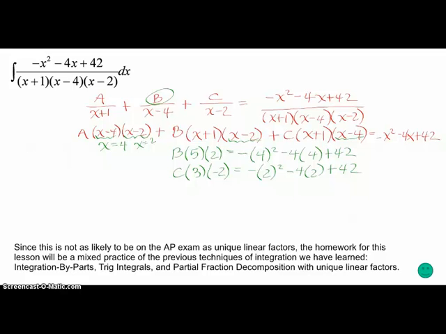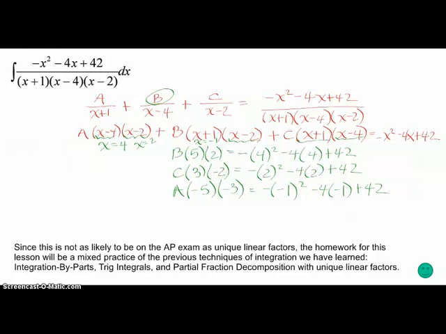And now we would come over here and we would plug in x equal -1. That's going to take care of the b term and the c term, and that's how we're going to find the value of a. So a times -1 minus 4 is -5, and -1 minus 2 is -3. And again, everywhere there's an x on the right-hand side, we're plugging in -1. So I'm not going to go ahead and do all that algebra and waste your time,